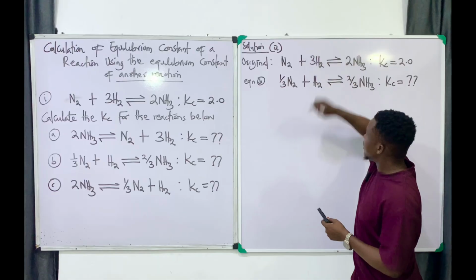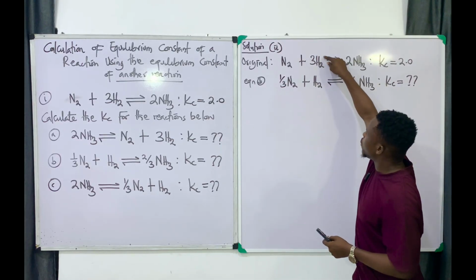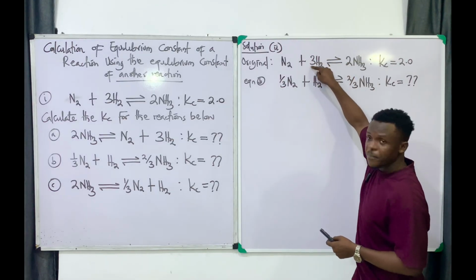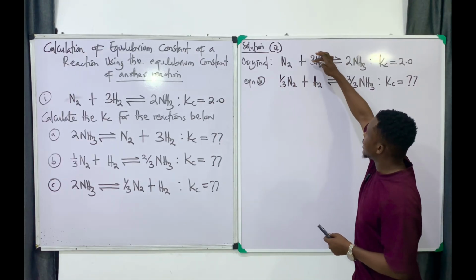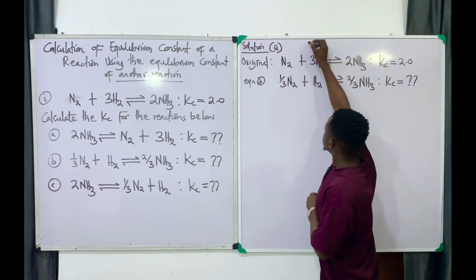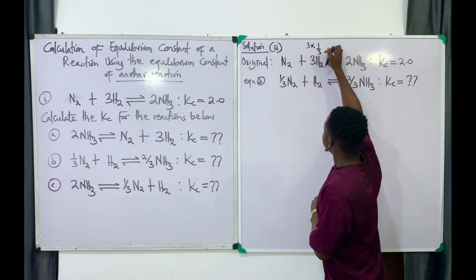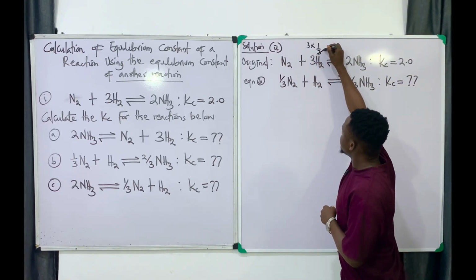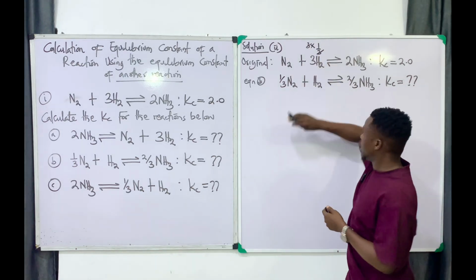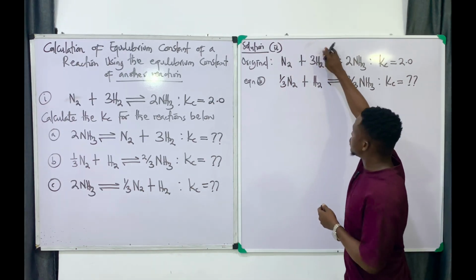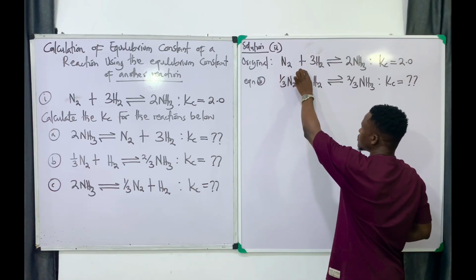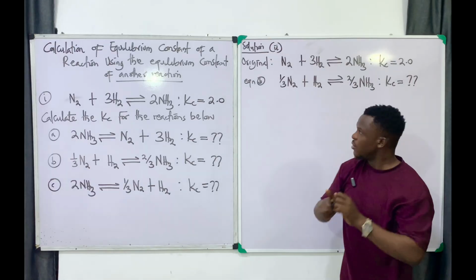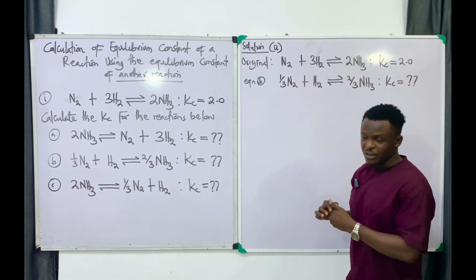Now, hydrogen in the original equation is 3, whereas hydrogen in equation B is 1. So you ask yourself, what can I multiply with 3 to give me 1? The answer is 1 over 3. If you multiply 3 by 1 over 3, you're going to get 1. So because of that, if you multiply this original equation by 1 over 3, you're going to get equation B. So therefore,